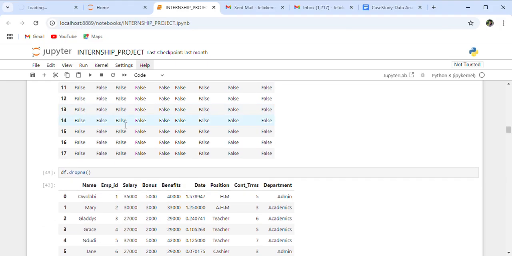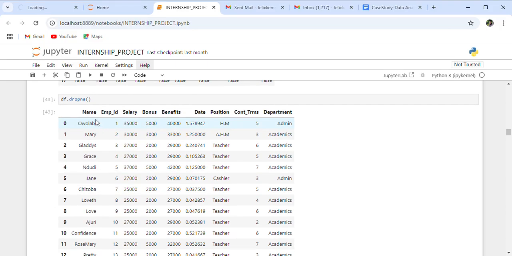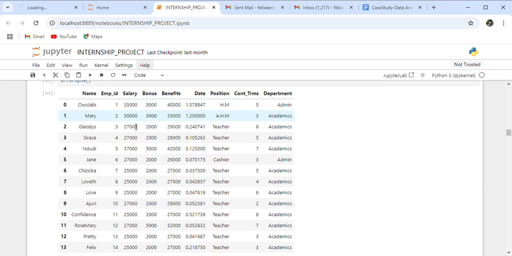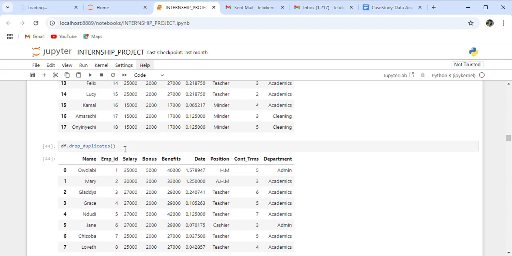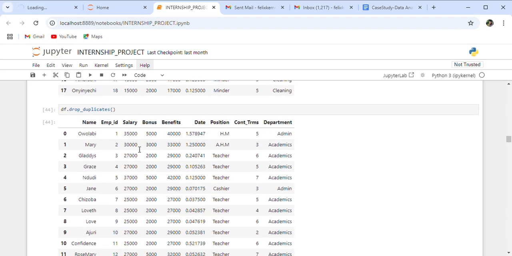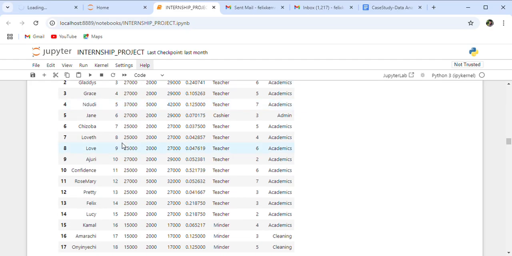To be on the safer side, I also used the drop function to drop any NA values, and it resulted in this. I also used the drop function to drop the duplicates in case of any, and I arrived at this. So going back to the case study again,